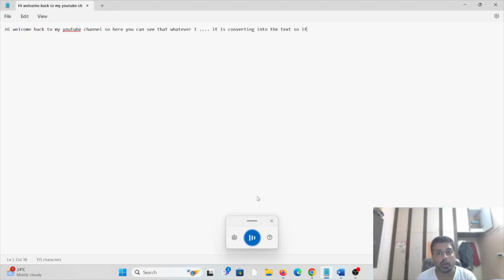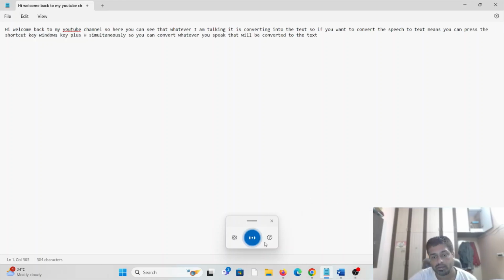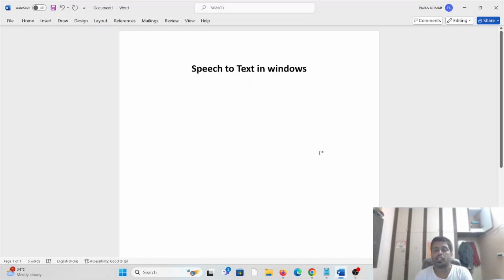So if you want to convert the speech to text, you can press the shortcut key, Windows key plus H simultaneously. So you can convert whatever you speak, that will be converted to the text. Okay, so that's all about this particular video,